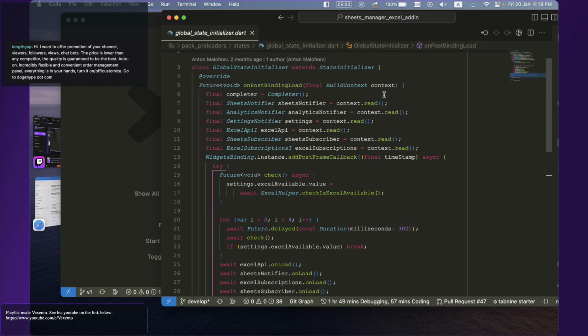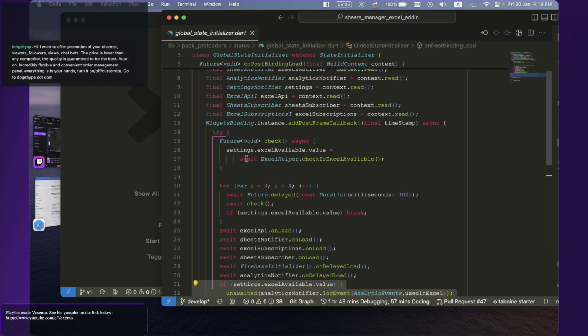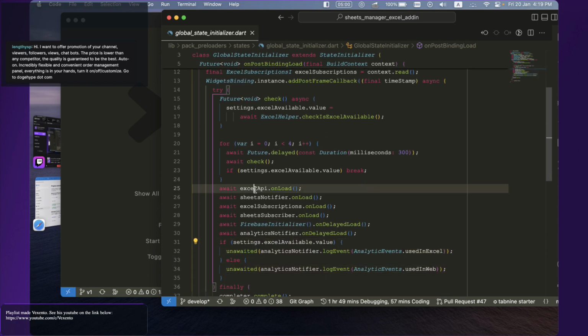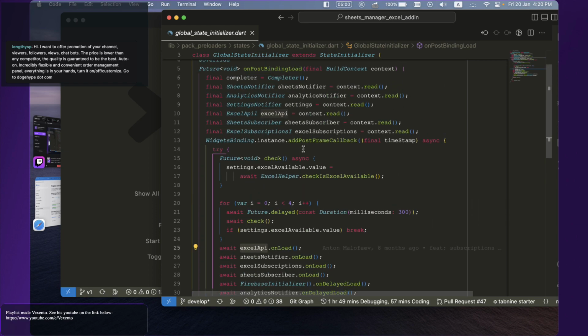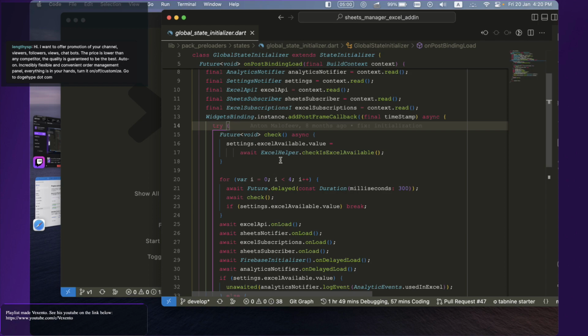The most important thing is the initialization steps. You need to initialize the Excel API or Office API only in a post frame callback, because if you try to initialize it during the rendering of the Flutter app,